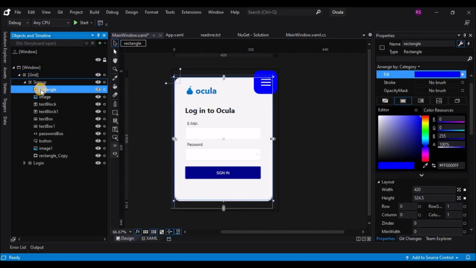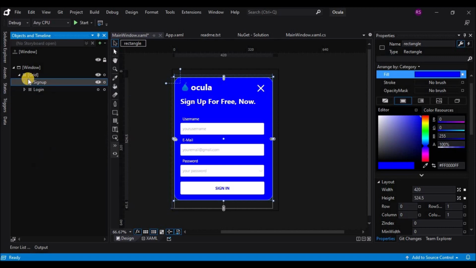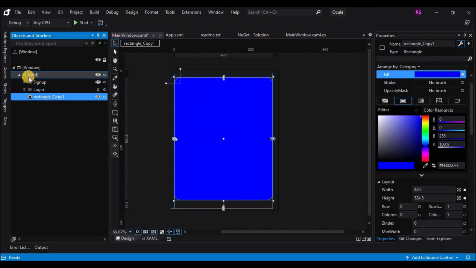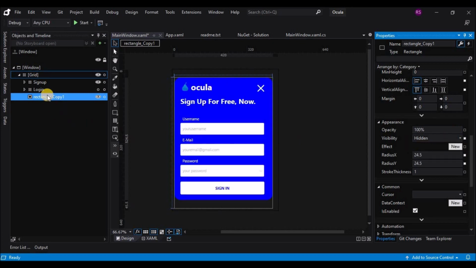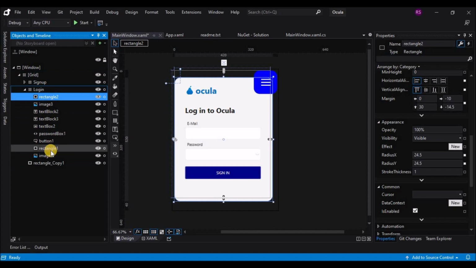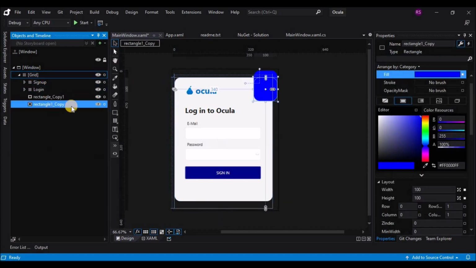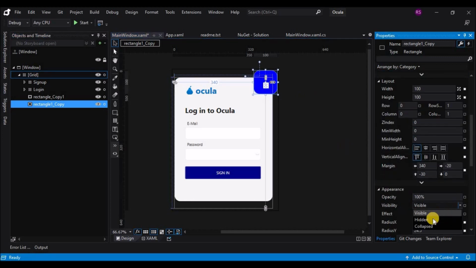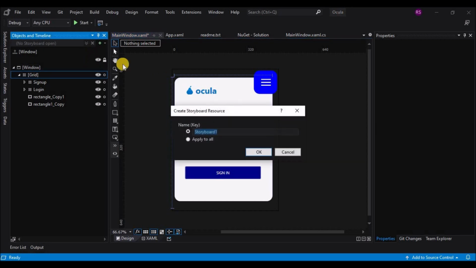Before that, let's copy the rectangle that we have of the sign up form and paste it on the grid and change the visibility to hidden. Similarly, copy the badge rectangle and paste it on the grid and also change the visibility of that badge to hidden. So we have copied two rectangles, and now let's start adding a storyboard.